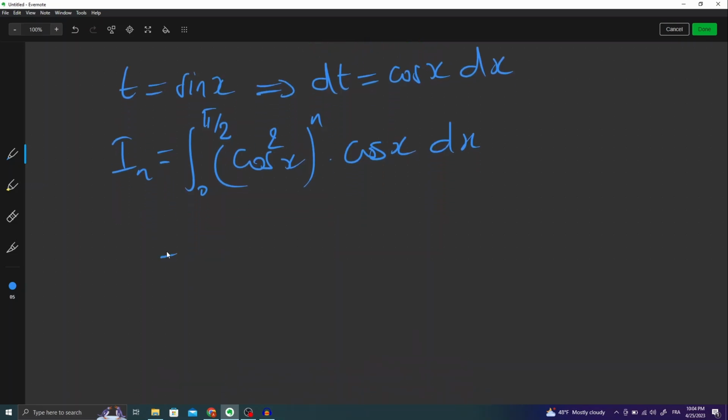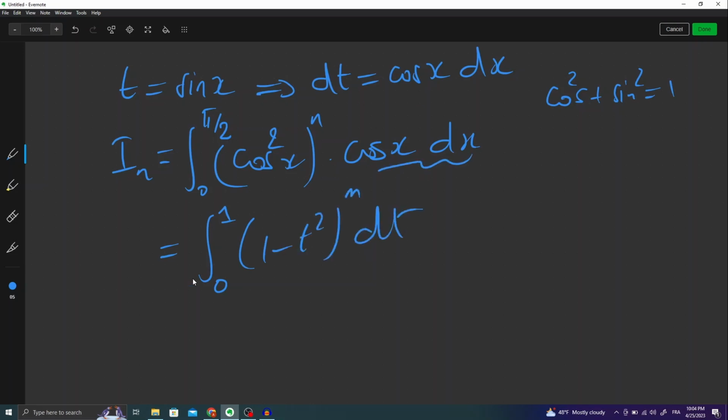We get the integral from 0 to 1, which is sine of pi over 2, it's 1. And this is 1 minus t squared, because remember that cosine squared plus sine squared is 1, right? So this is 1 minus t squared to the power of n, and this is dt. So this is our integral. And from here, we can try actually to use